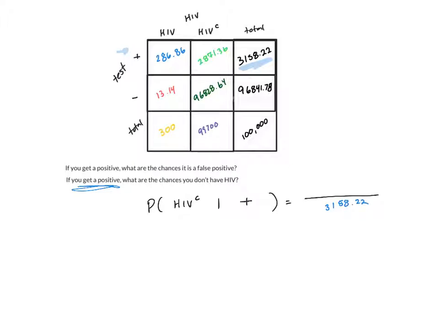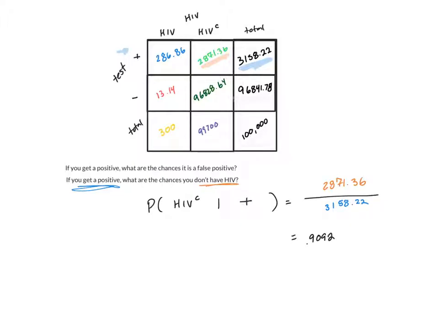Now, out of all those people who got a positive, I want to know what percentage of them didn't have HIV. So, tracing it across here, I need to find the number who don't have HIV. That value is going to be right here. So that number will go on top. 2871.36. Dividing this off then, we're going to get